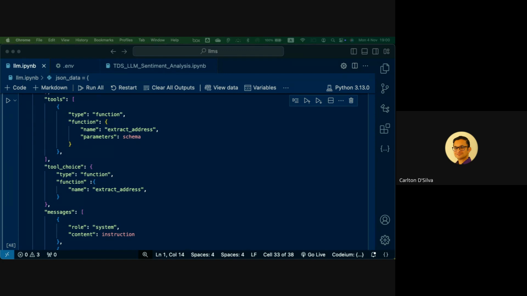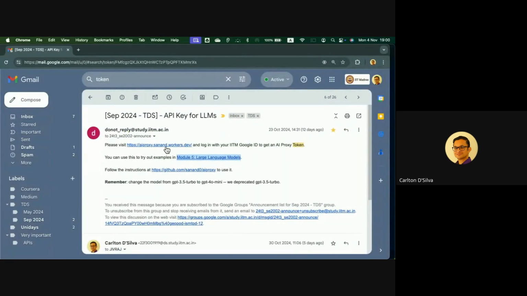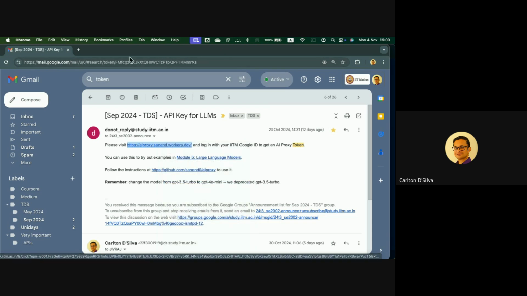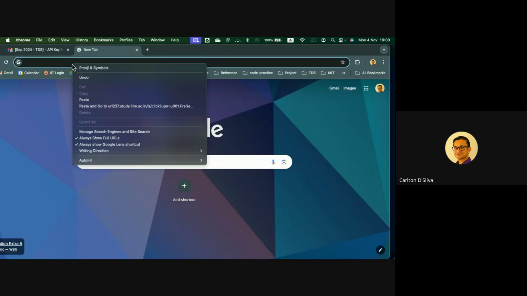Let me show you. Is it this one you're talking about? Yes, sir. After clicking AI proxy, it gives an error. What you can do is copy the link address and paste it in here.